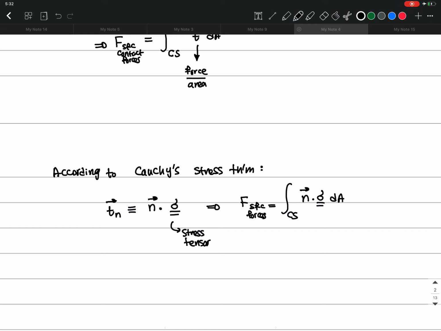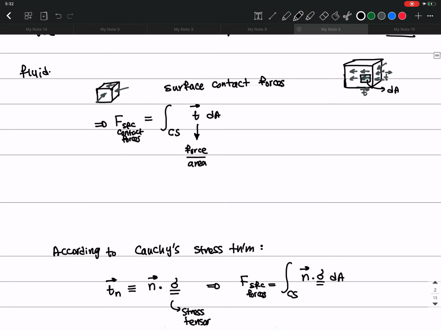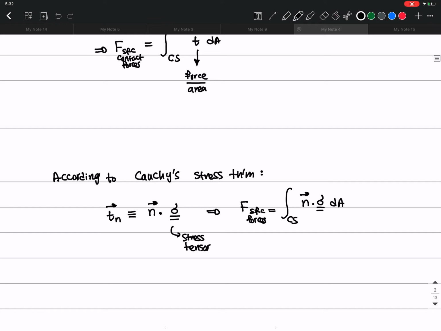If we have the momentum equation in the integral form and want to derive the momentum equation in differential form, we convert every surface integral into a volume integral, right? So I'm going to use the same technique here. For all the surface forces, which equals the integral of n dot sigma dA,